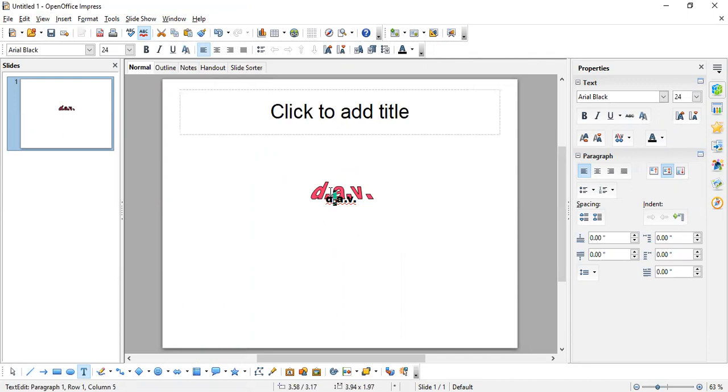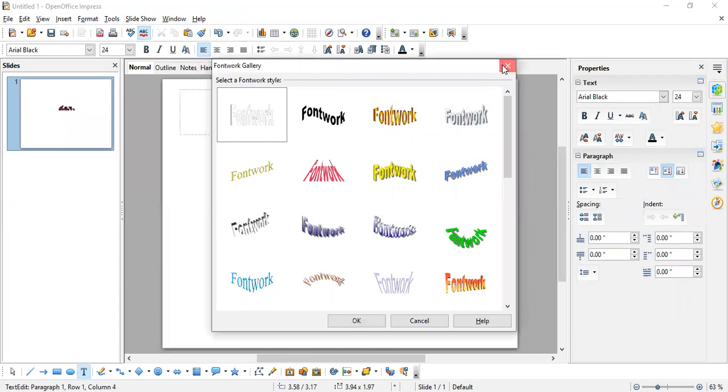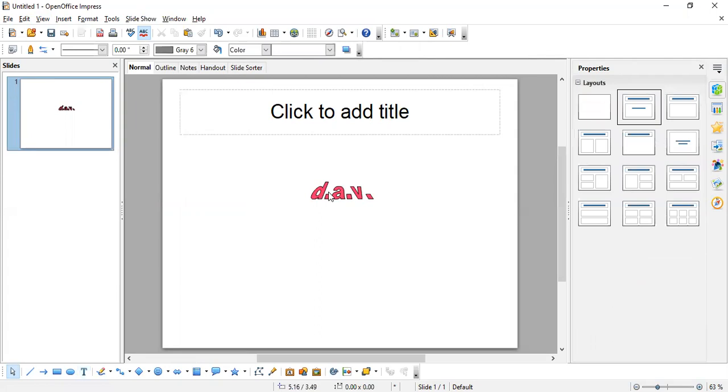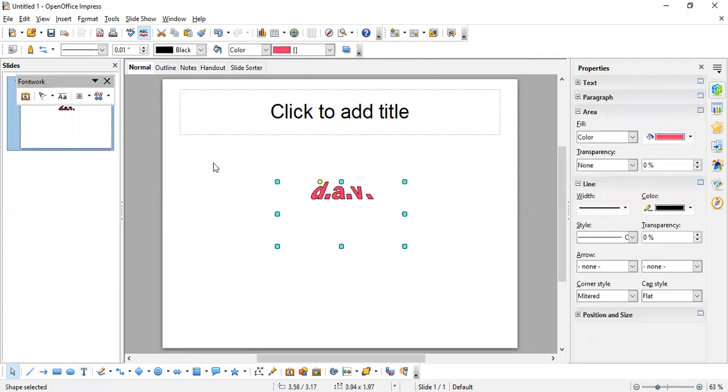Okay, children. Next, we are going to see other options that are present in font work. We have selected it now. See here, once you have tapped on the text, you are getting different options.